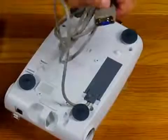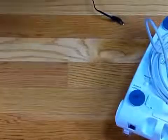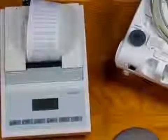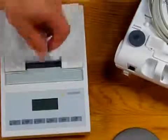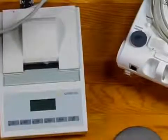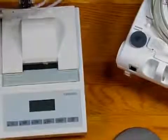This here is your RS-232. Now, one time that you would definitely want to go with an RS-232 interface, I'm just going to move that over here, is if you needed to use the Sartorius printer. You can only purchase the Sartorius printer to work with this balance. So if you bought, this happens to be the AY, the older printer. They have a new one. This is the YDP03. There's a YDP20. They're both very similar. But the point I just wanted to show you is to hook this up, you cannot go USB. So the scale comes with the cable, the printer comes with the cable, and then you would buy the